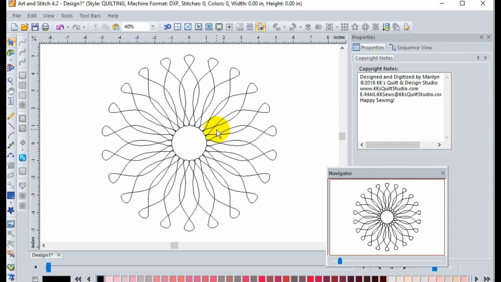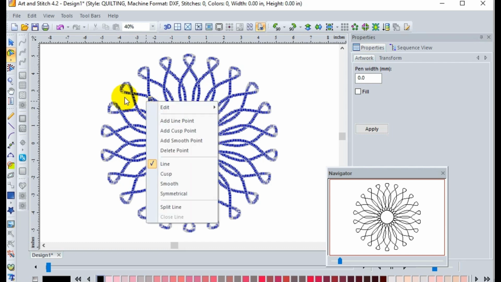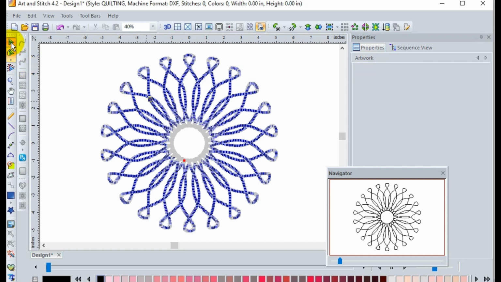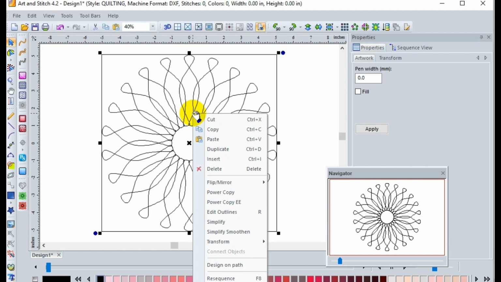So there's my design, and I want to show you, you should also check under the reshape tool. Take a look at this. A lot of times we've got lots and lots of nodes, so we will want to reduce those nodes. We want to simplify. So let's go back to select, and then I will right click on the toolbar, and you'll see down here we have Simplify Smoothen. We'll click on that,